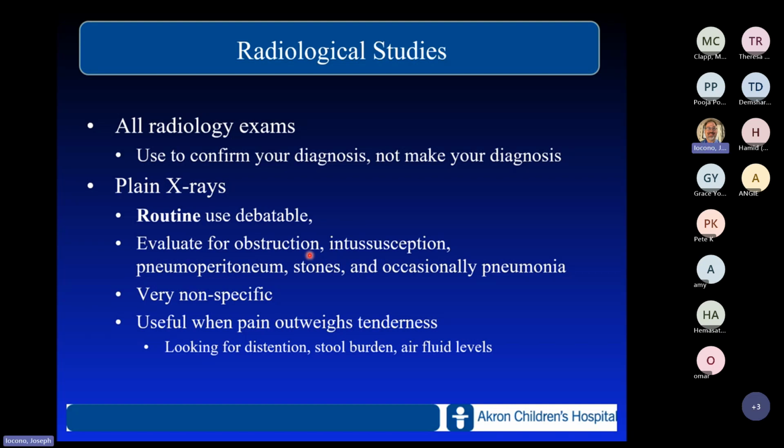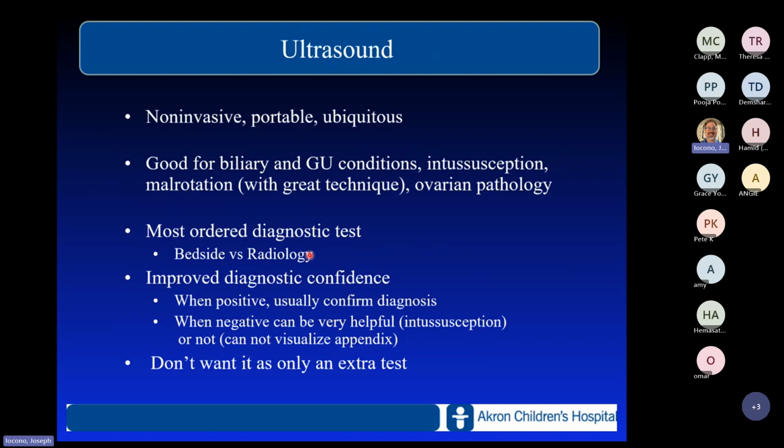Radiology should confirm, not make your diagnosis. Routine, if they're giving you plain films, it's probably going to tell us something obvious on the plain film on an ABSITE question. Ultrasound is really the first line of choice now for just about anything in the abdomen in a kid. CT scans are still the most sensitive, but they're not going to want you to do those right away, okay? We have to worry about where we're getting, why we're getting, what films. Ultrasound's good for pyloric stenosis, gallbladder disease, dilation,